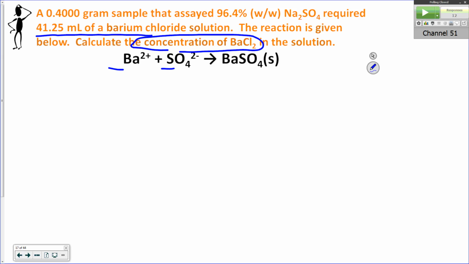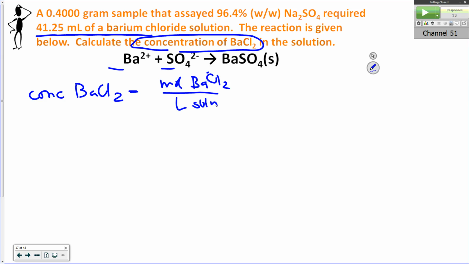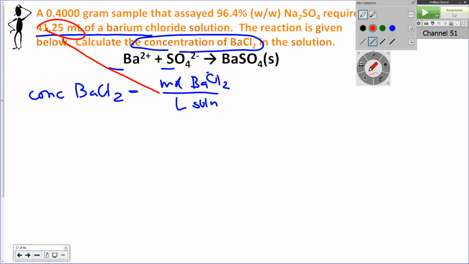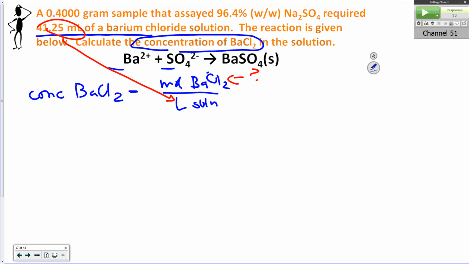Okay, so just thinking about strategy, I'm looking for the concentration of barium chloride. So that's going to equal the moles of barium chloride per liters of barium chloride. The liters I've got. What I need to do is find out how many moles there are. So the strategy I'm going to use is going to be based on the information that's given. Now I've got a 400 gram sample, or sorry, 0.4 gram sample